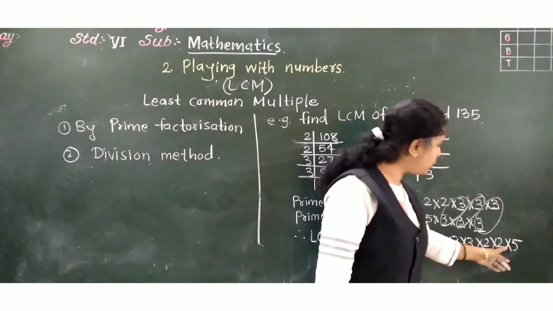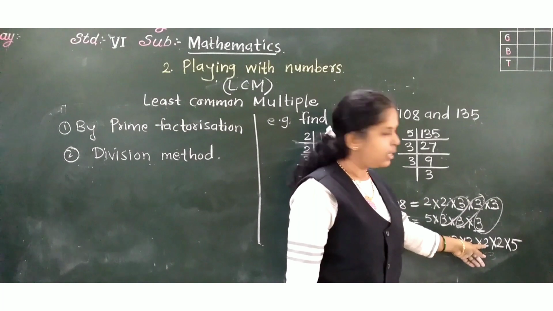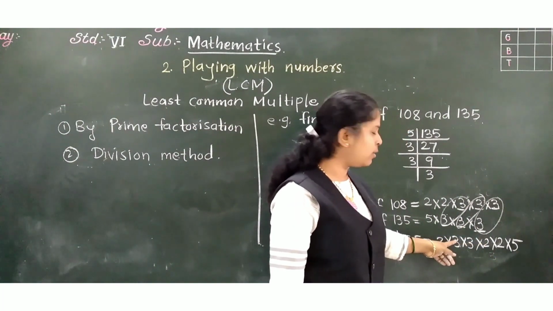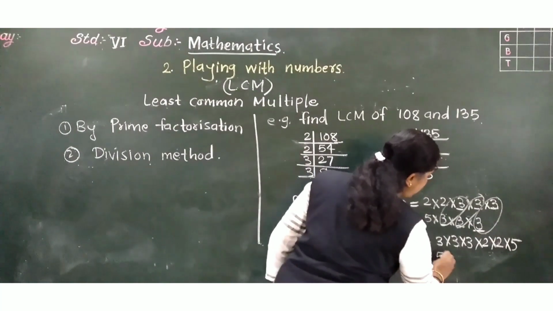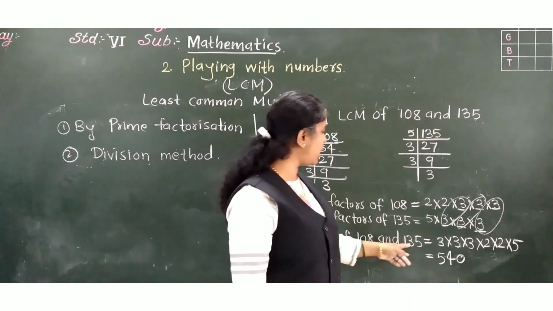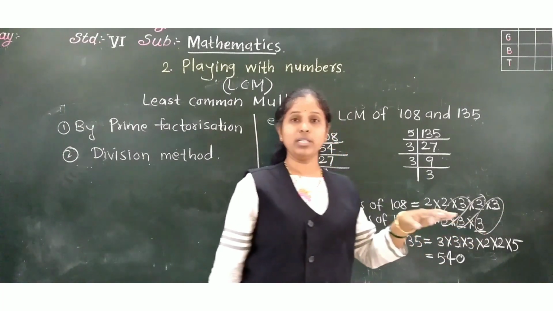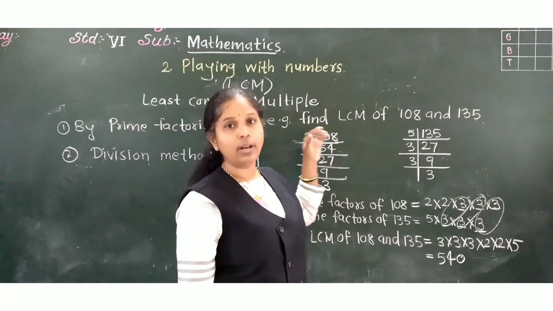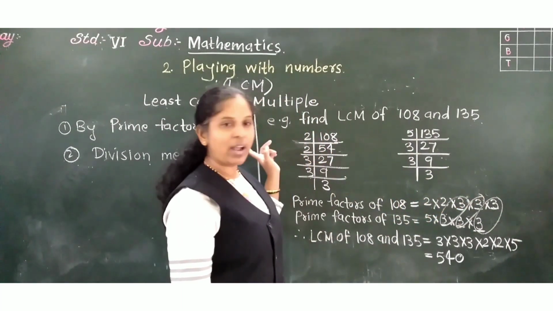See here, 5 2s are 10. Okay, 10 2s are 20. 20 3s are 60. 60 3s are 180. And 180 3s are 540. So what is the LCM of 108 and 135? 540. Now students, you will notice in finding out highest common factor and LCM, lowest common multiple, the prime factorization method